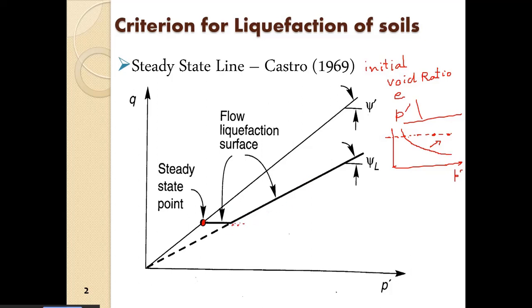If the static stresses in the soil are such that it lies above this point, at any point in this region, it will undergo flow liquefaction, if the static stresses in the soil deposit at that point are more than the steady state point that it has to reach. So if a point is supposed at A, we saw that it can be liquefied in two different ways. One is through the monotonic load,